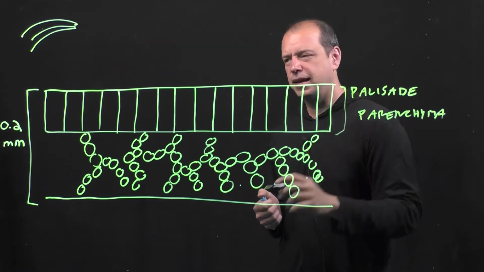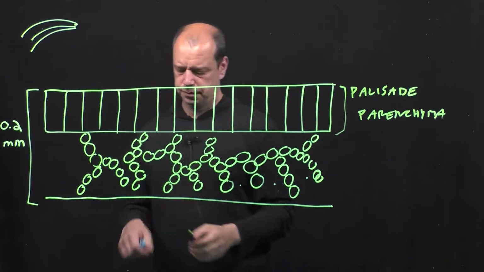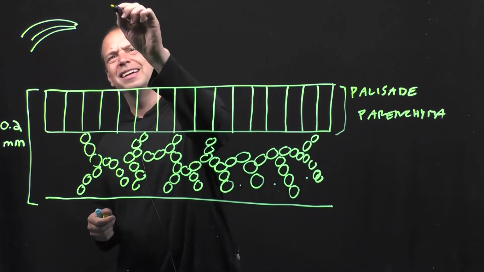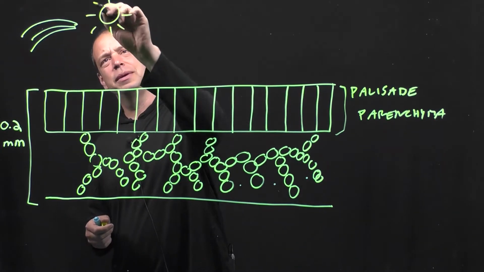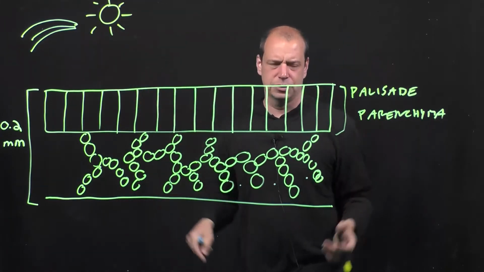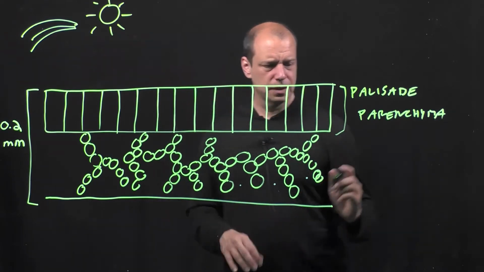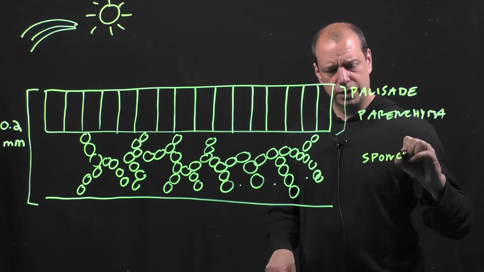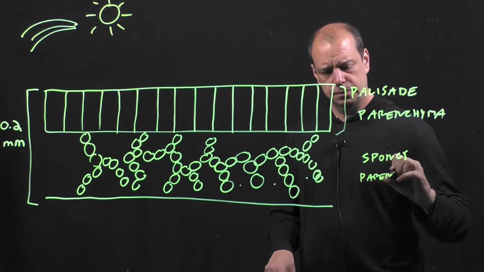It's called a palisade, I think it's an architectural term, because they're stacked closely together, like bricks in a palisade. So that makes sense because if the sun is above you, it makes sense to have most of your light harvesting organs on the side which is closer to the sun. So then underneath you have spongy parenchyma, which is a looser network of similar cells